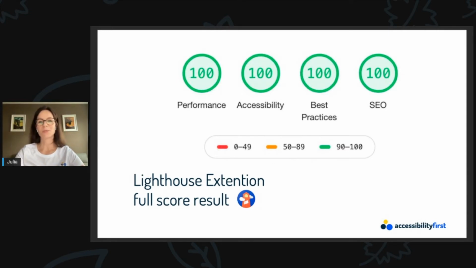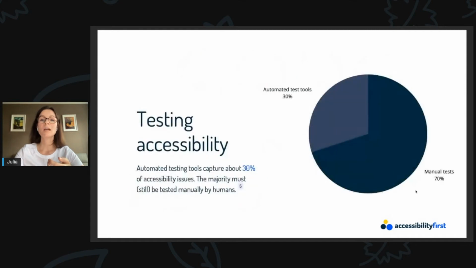I hate to break it to you, but the truth is that automated tests will only give you an idea of the things you might be doing wrong. A good result is no guarantee that the website will be accessible. Even the best automated tests can only uncover about 30% of accessibility issues. These technologies do their best, but they will miss accessibility violations and give false positives.